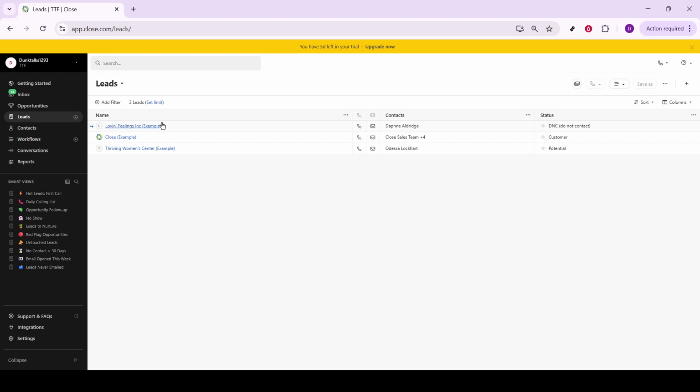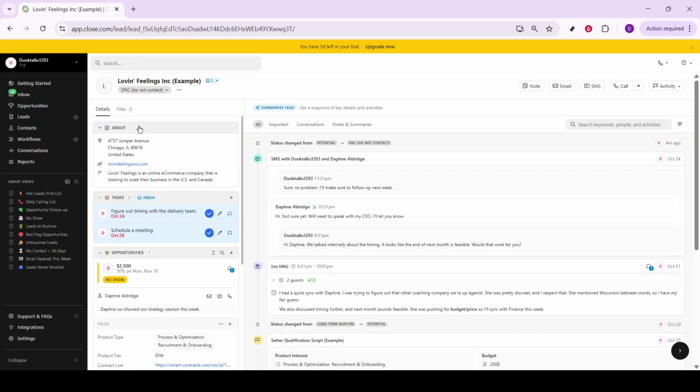Once you're in the Leads section, your next step is to locate the specific lead that you want to update. You'll typically find this through the search bar or by scrolling through your list. Once you've identified the lead, click on it to bring up detailed information about that particular contact. This action will open up a new view where you can see all the interactions, notes, and critical data pertaining